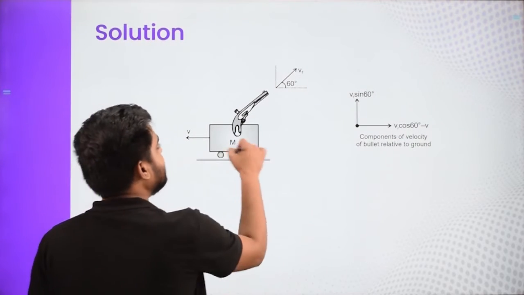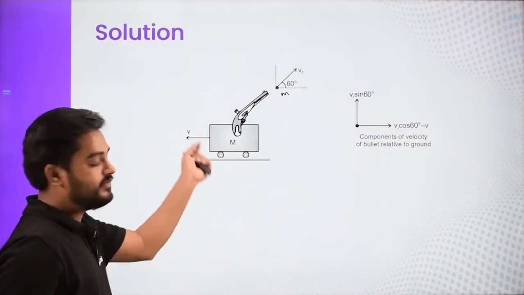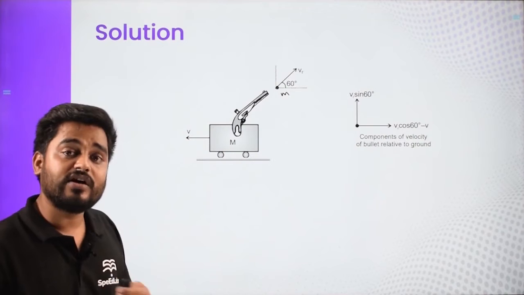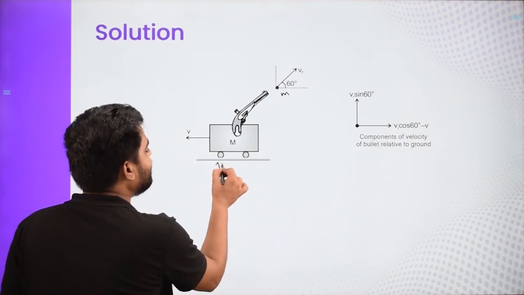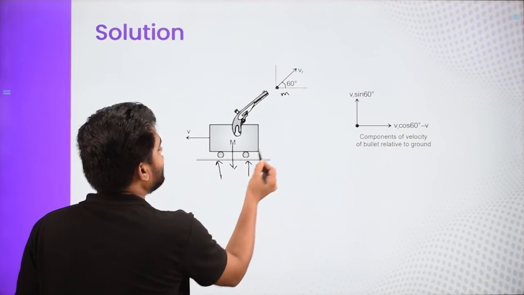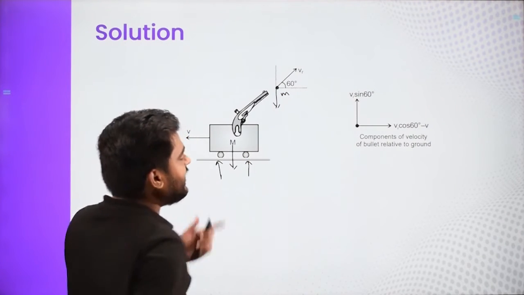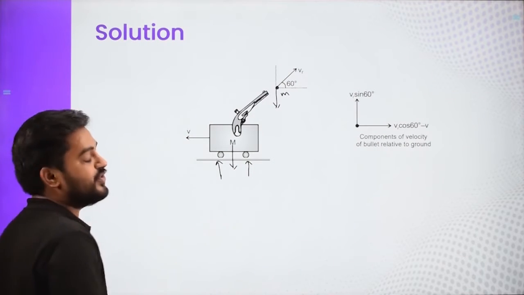So this is the gun and we are firing a bullet. The bullet has a small mass m. The entire system of the gun has capital M mass. First, let us talk about the forces. What are the forces which are acting? There will be a normal force over here, the mg of the gun, the weight of the gun, and the weight of the bullet, right? So these are the forces which are acting from an external point of view.